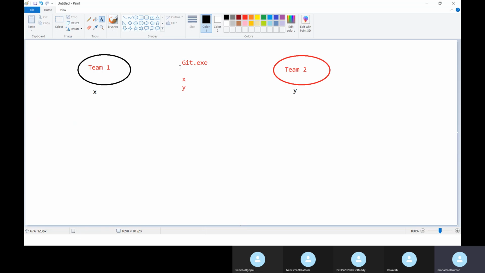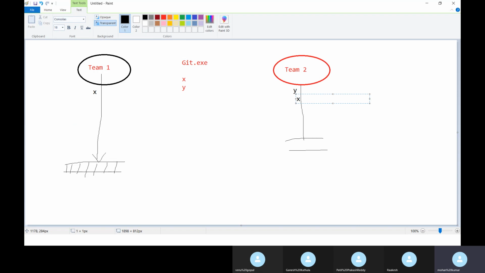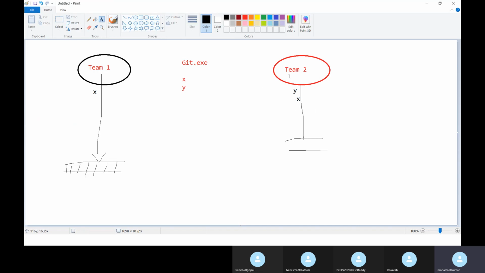Now when team member one is trying to install software called git.exe and it's in progress, at one point of time he gets an error saying these are the dependencies that need to be installed, and he doesn't have any knowledge on how to install them. So he got stopped installing git.exe. The other team member, who is also trying to install git.exe, is able to successfully install it, and by default this dependency X also got added to his machine. Somehow X also got installed and he is able to successfully install this software on his machine.